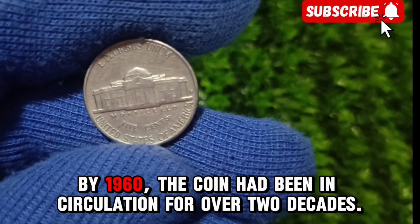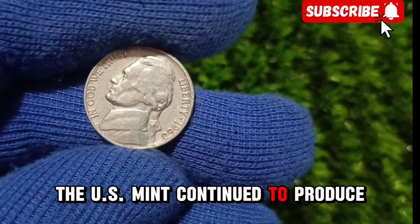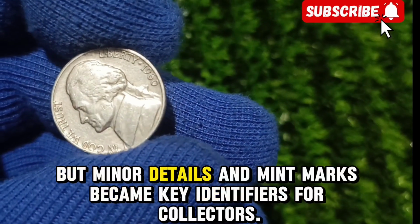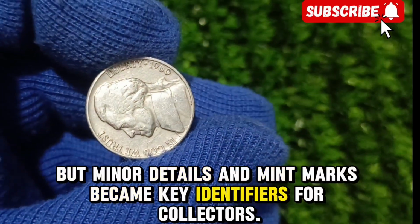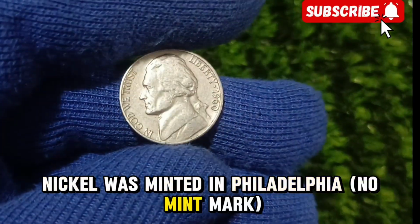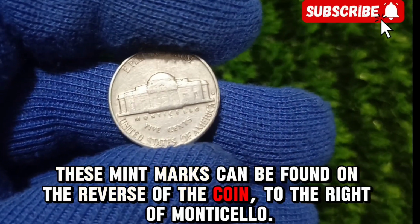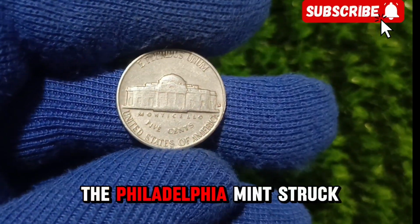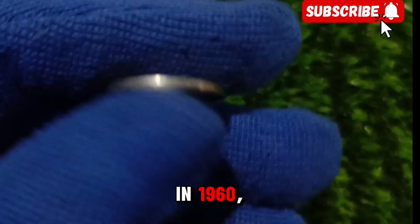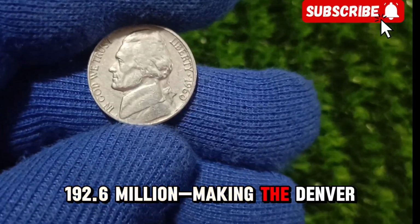By 1960, the coin had been in circulation for over 2 decades. The U.S. Mint continued to produce Jefferson nickels without major design changes, but minor details and mint marks became key identifiers for collectors. The 1960 nickel was minted in Philadelphia, no mint mark, and Denver, D mint mark. These mint marks can be found on the reverse of the coin, to the right of Monticello. The Philadelphia Mint struck 55.4 million nickels in 1960, while the Denver Mint produced 192.6 million,